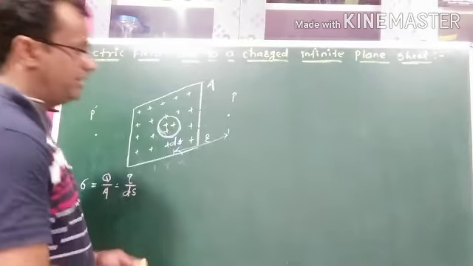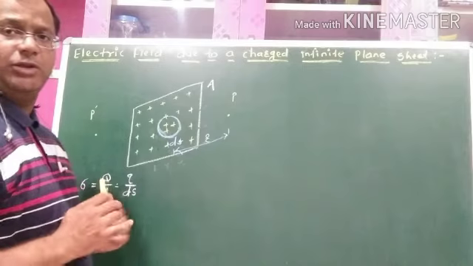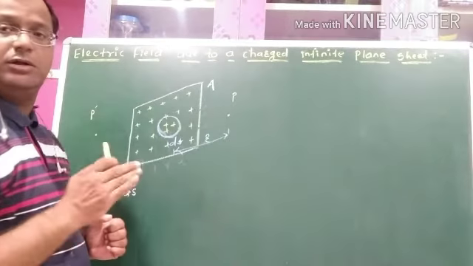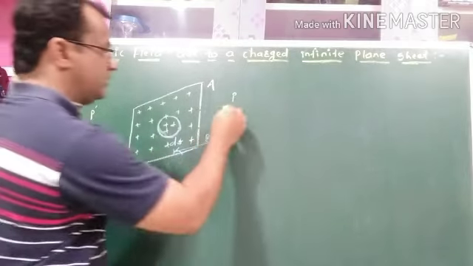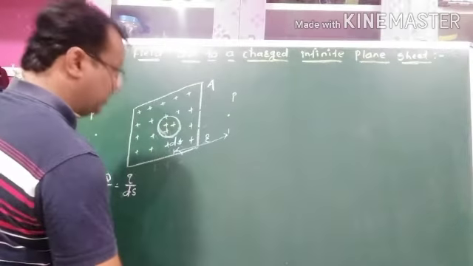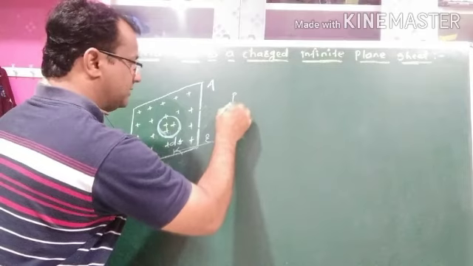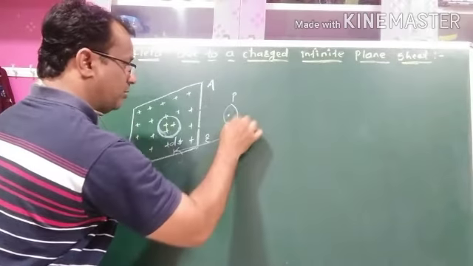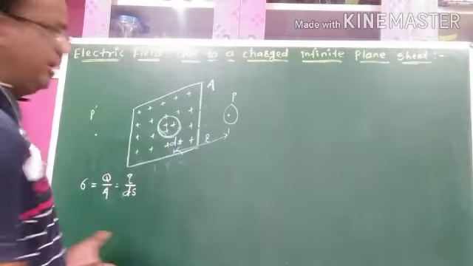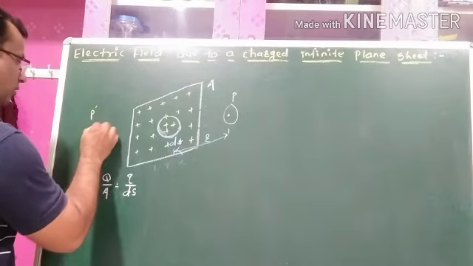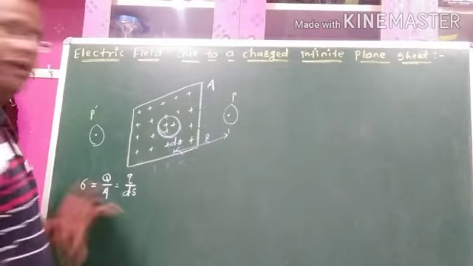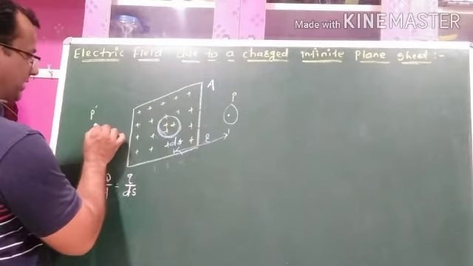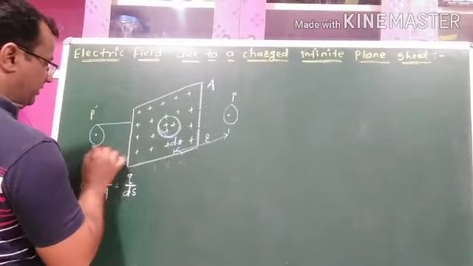Then we want to draw a small Gaussian surface around the point P. Suppose this is the Gaussian surface around the point P. Similarly, we want to draw a small Gaussian surface around P dash also. Now, if we join these three areas,